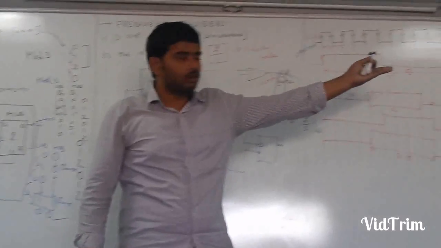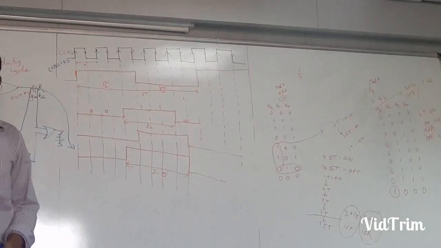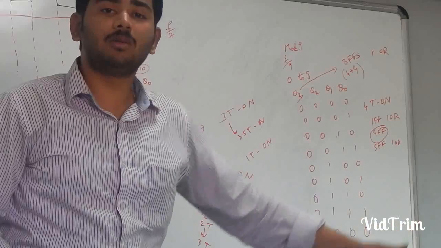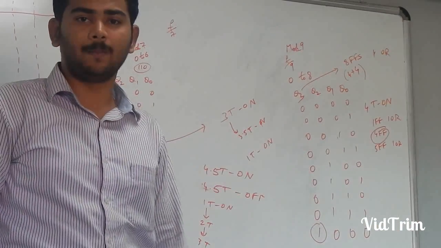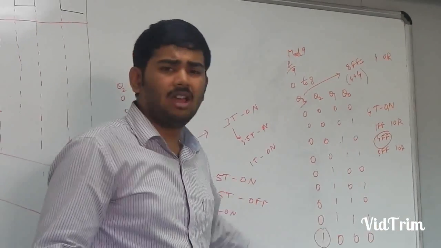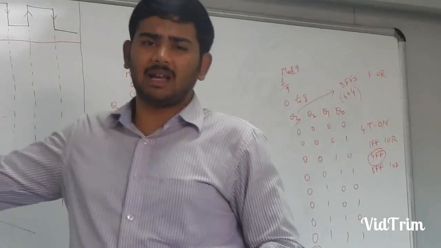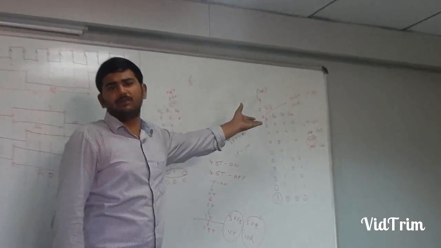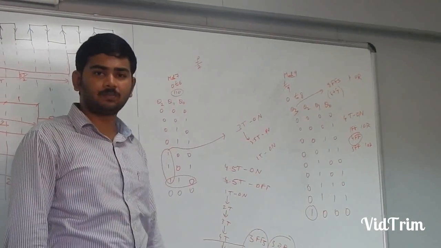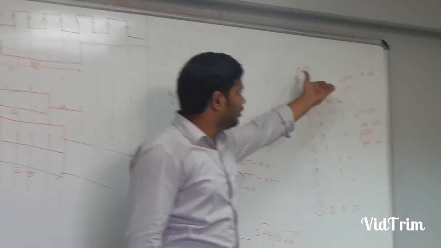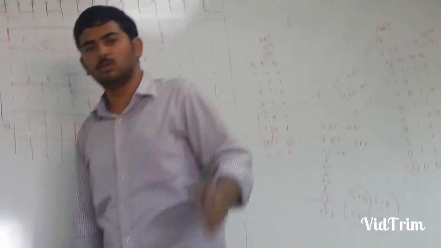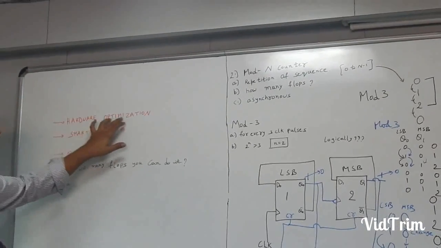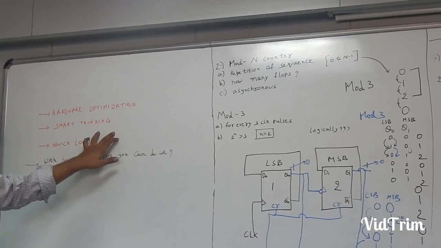Obviously which one will you go with? Q2 only. So don't waste your time by taking Q3 and capturing and taking 4 flip-flops extra and 4 OR gates extra. Simply you can take Q2 and send it to a flop capturing at negative edge, and you can just OR them both, and you can easily get it with 5 flops and 1 OR gate. 6 components versus 12 components. Which one do you prefer? Obviously 6 components. That's what I'm talking about, hardware optimization and smart thinking.